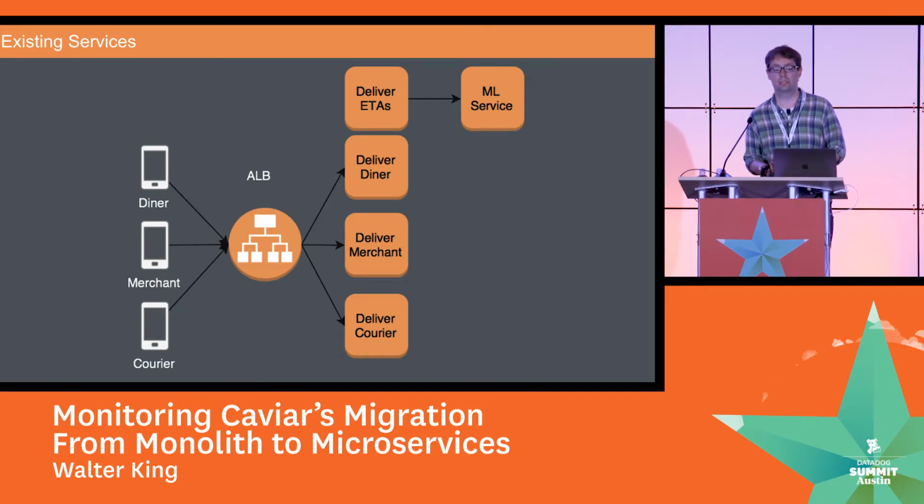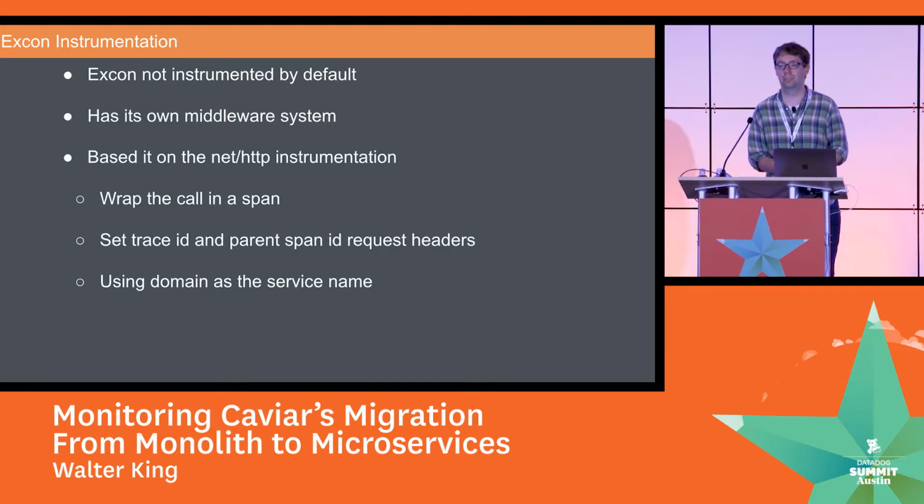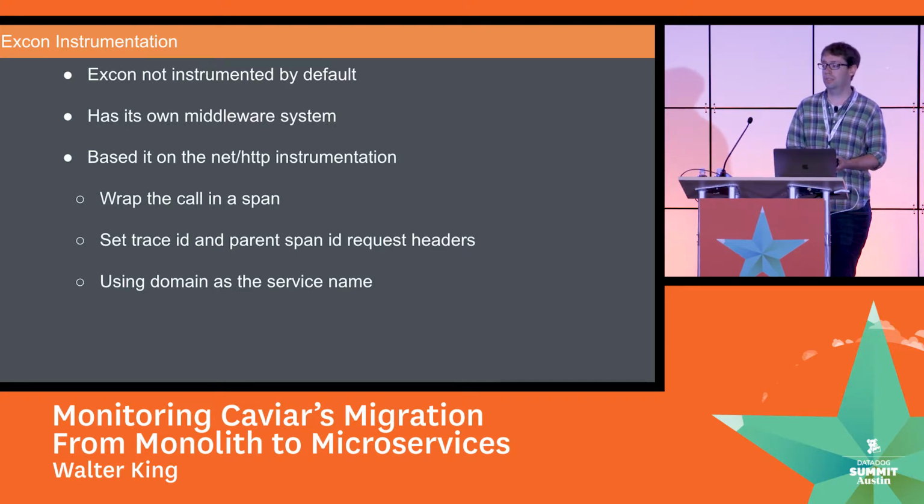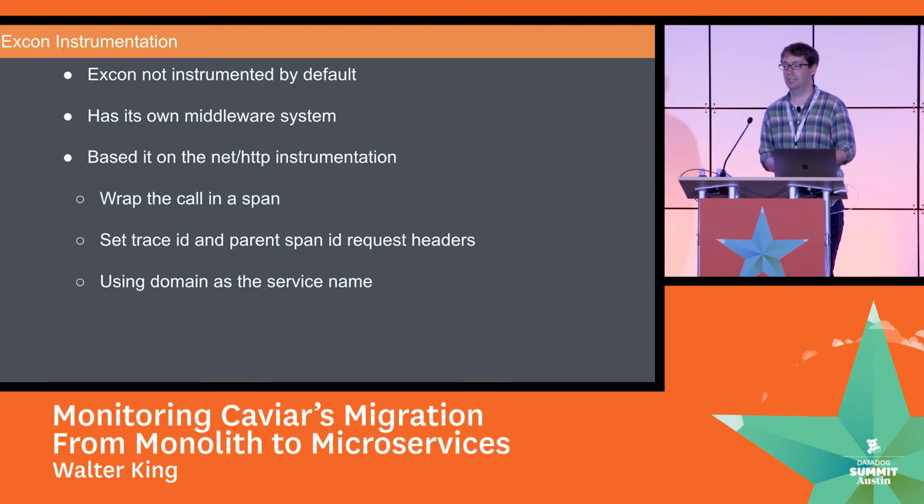So we wanted to add cross-service tracing to this. We were using XCon for our HTTP communication. XCon, unfortunately, is not instrumented by default in the Rails application, in the APM. So we just instrumented it ourselves. It was pretty simple to do. XCon has its own middleware system. So I pretty much took the code that's in the NetHTTP instrumentation, copied it into an XCon middleware,